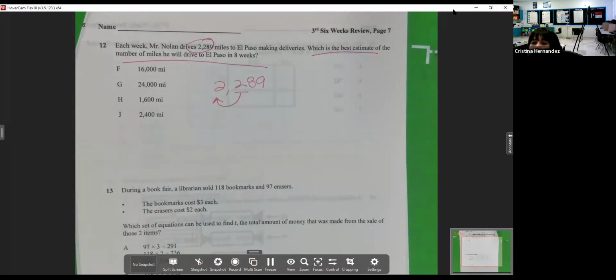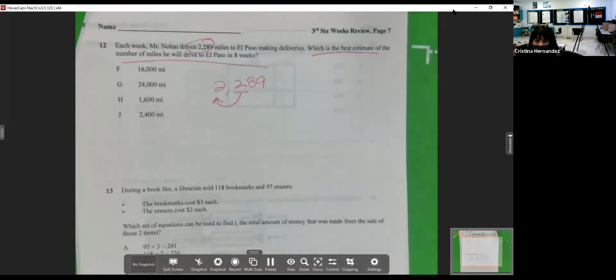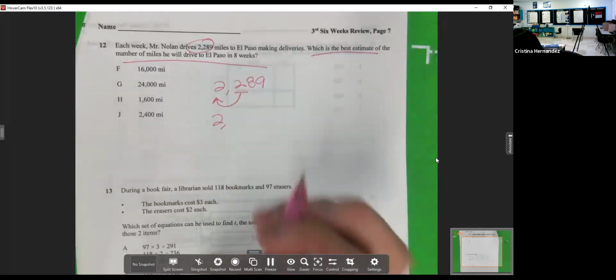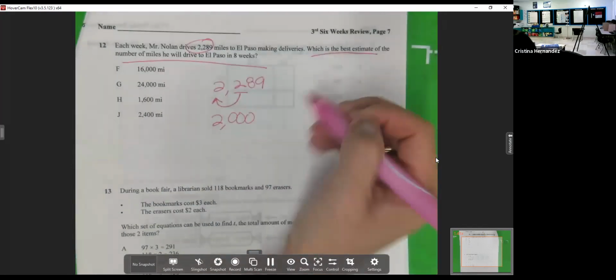Thank you. So that second 2 is telling me, do I go up or do I stay the same and let it rest? You will stay the same and let it rest. So then what goes behind that 2? A bunch of what? Zeros. Okay. So now we got that part, part 1.